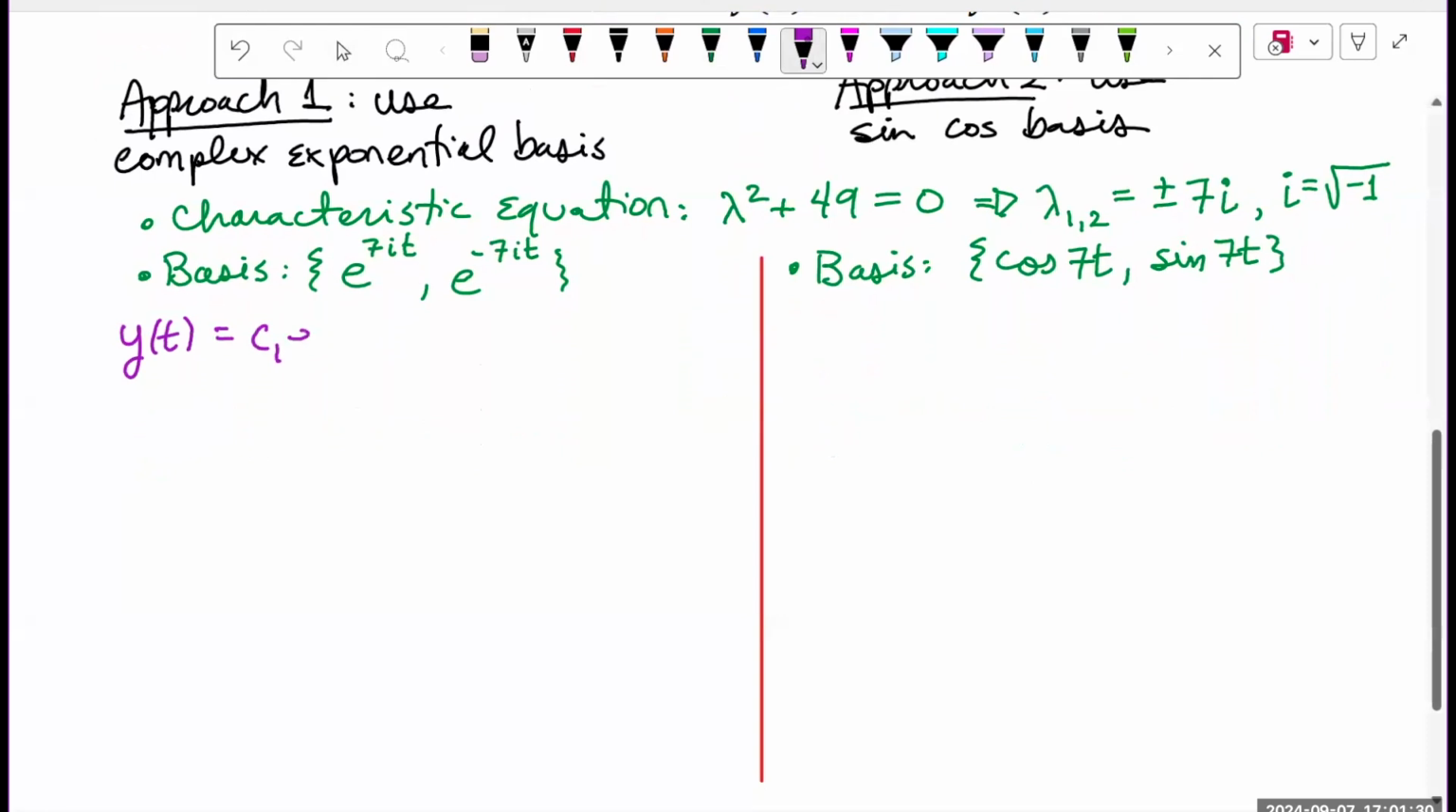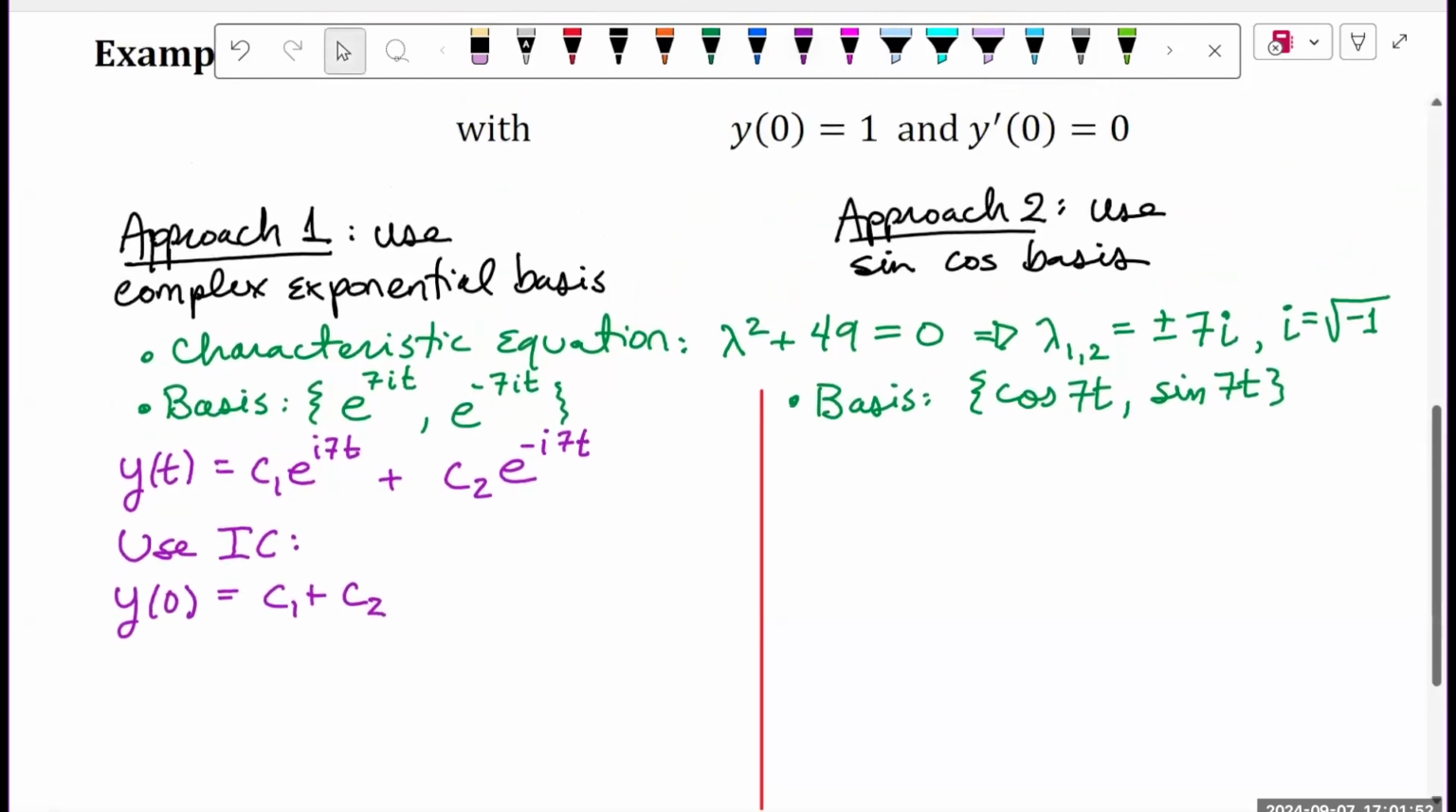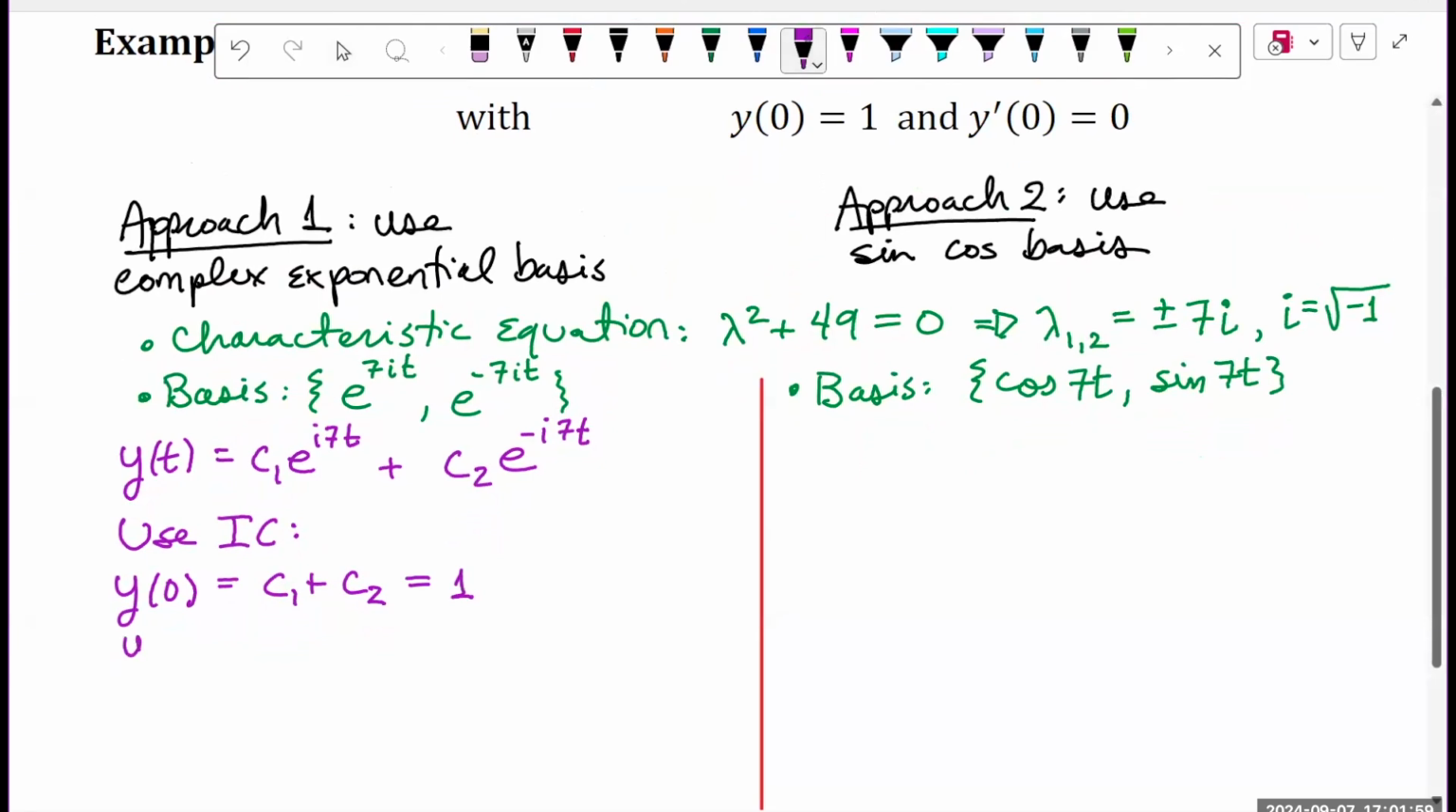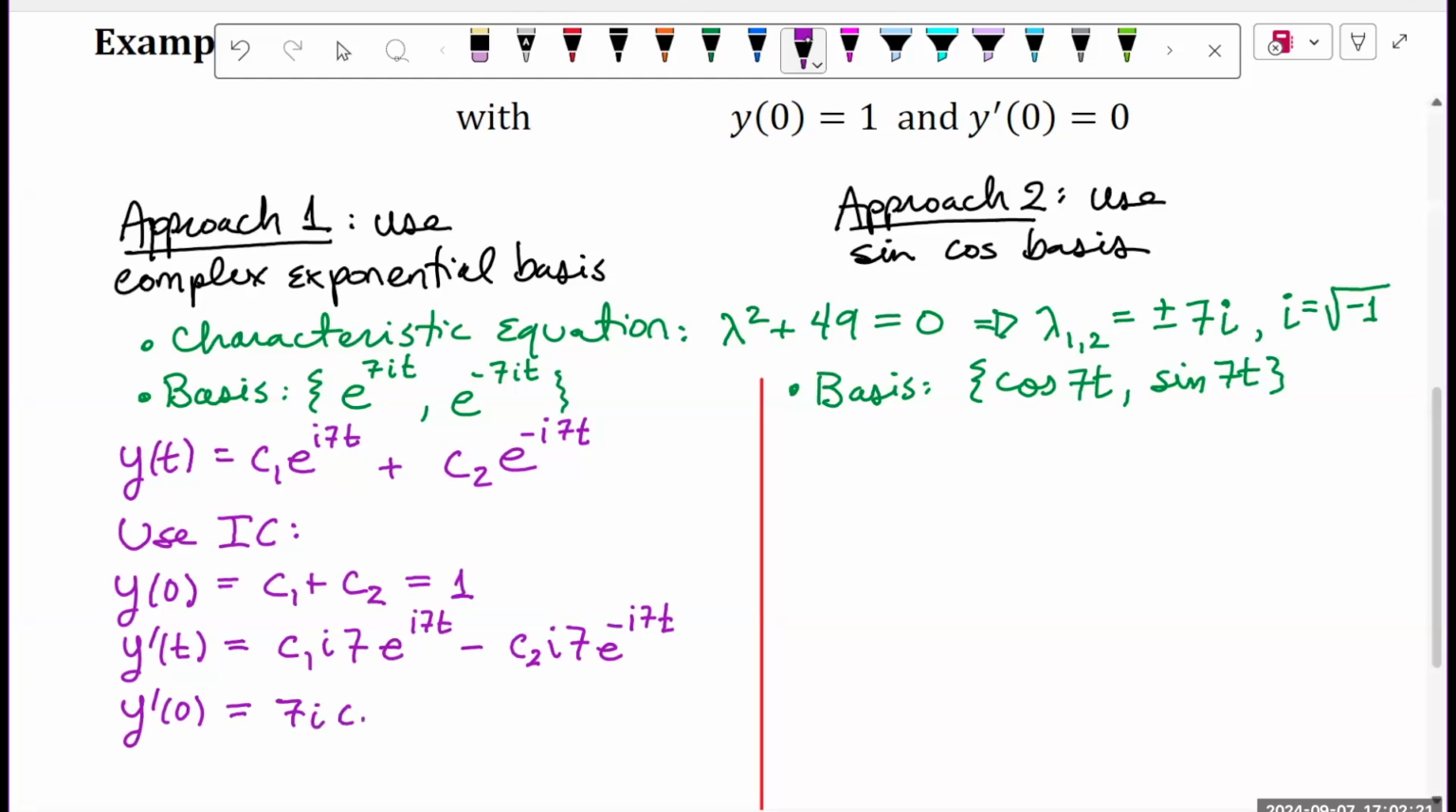Solving the initial value problem in the case of the complex exponential, we know that the function y is a linear combination of e to the i7t and e to the minus i7t. Plugging in initial conditions, we know that y of 0 has to be c1 plus c2, and y of 0 is 1. And then we have to compute what the derivative of our solution y is before we plug in the initial condition. And in this case, it's going to be c1 i7 e to the i7t minus c2 i7 e to the minus i7t,